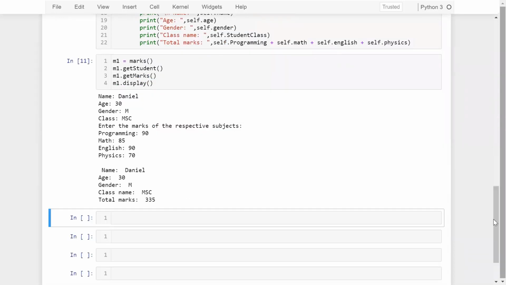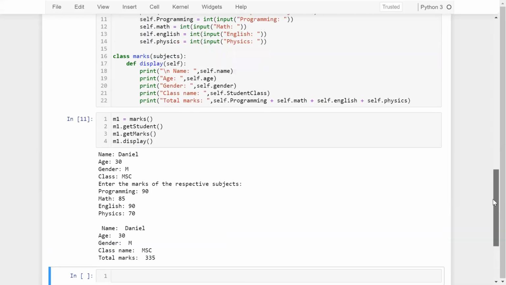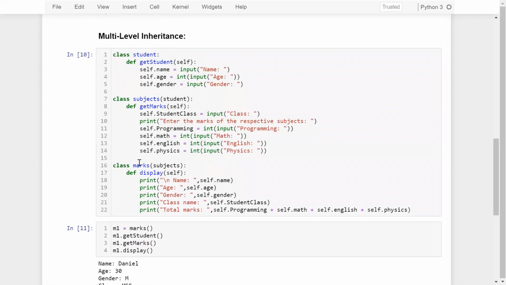You can see. Okay. So guys, I hope you understood the concept of multi-level inheritance. So this type of inheritance is basically used for extending the features of one derived class to another new class. So while you are using multi-level inheritance, one thing keep in mind. So you can see that this is your class, which is marks. Okay. So here your child class, which is subjects, this one. So here one thing you should keep in mind. So here your child class, which is subjects, right, acts as the parent class for the class marks.